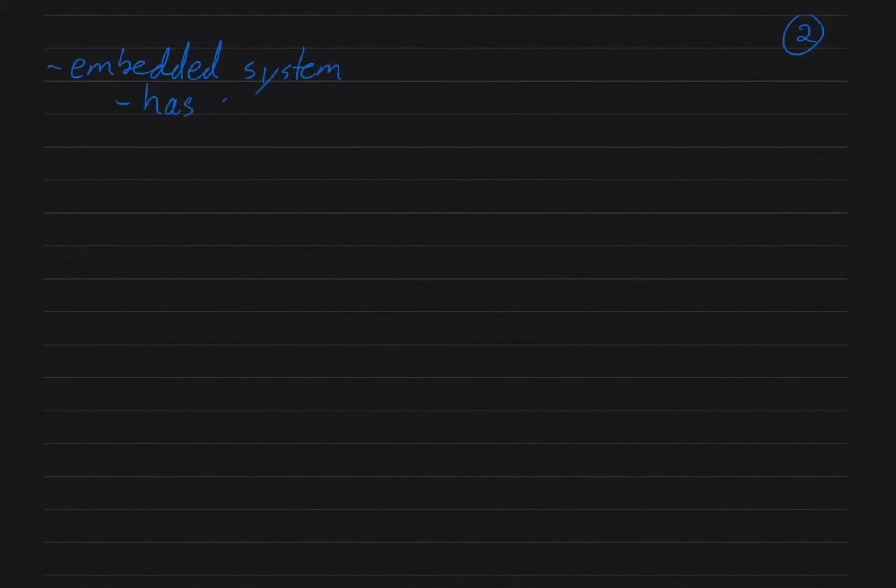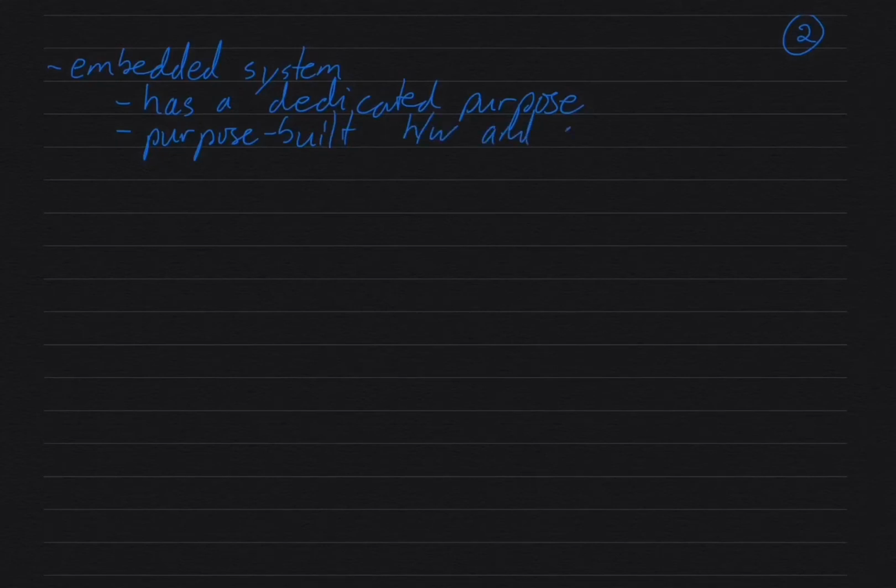It has a dedicated purpose, unlike a general purpose computer system, and it has purpose-built hardware and software. So probably you'll create the printed circuit board and populate it with the components and put it in the product, and then you'll create custom code that will run on it and probably won't change for the life of the product.